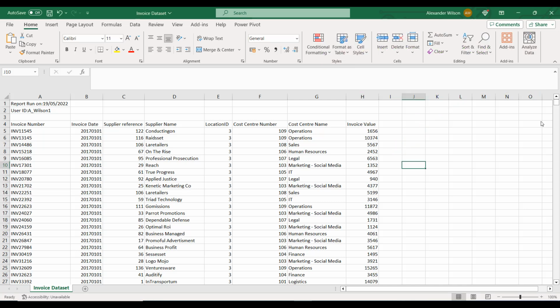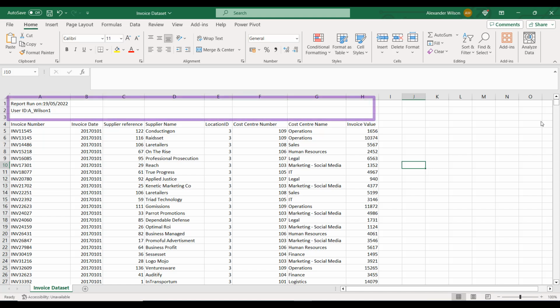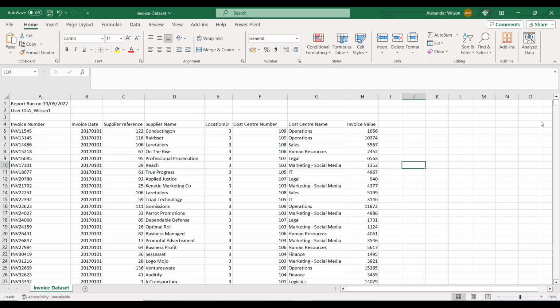It's also fairly clean. We haven't really got blank rows or columns. Every column has a title and you can trust me when I say that there aren't any errors like #refs or #nas. There are a couple of things that we would want to get rid of though, and that is the report run date at the top of the screen in user ID, as well as at the bottom of the report, you have a total row.